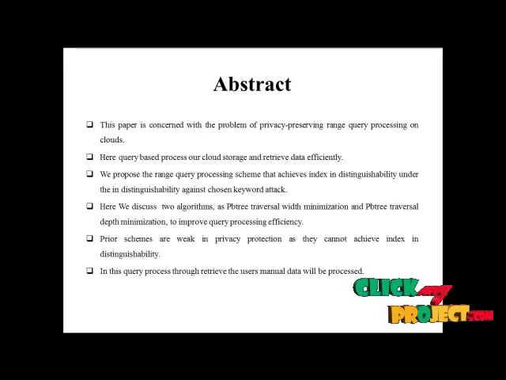This is our abstract for the fast and scalable range query processing with strong privacy protection for cloud computing. This paper is concerned with the problem of privacy-preserving range query processing on clouds. Here, queries process our data for cloud storage and retrieve data efficiently. We propose a range query processing scheme that achieves index indistinguishability under the indistinguishability against chosen keyword